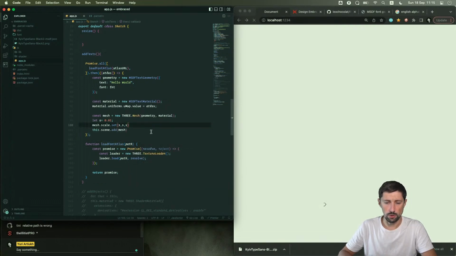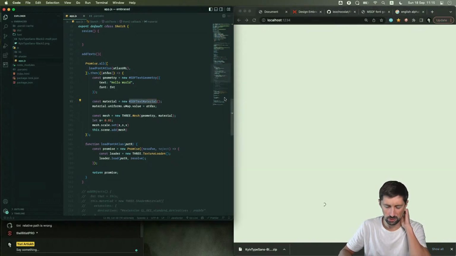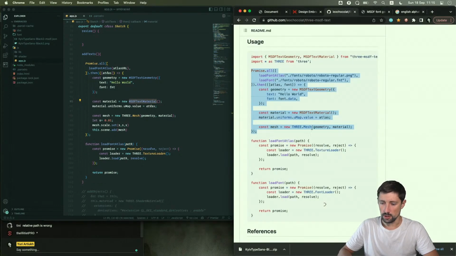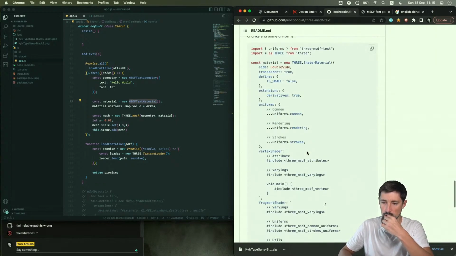I would also need to position it, and also make it double side. And I think I'd rather use some other material instead of just the default MSDF material. I'd rather use the shader material for this one right away, because there is such an option here in the docs. You could just take this. I would need to include uniforms